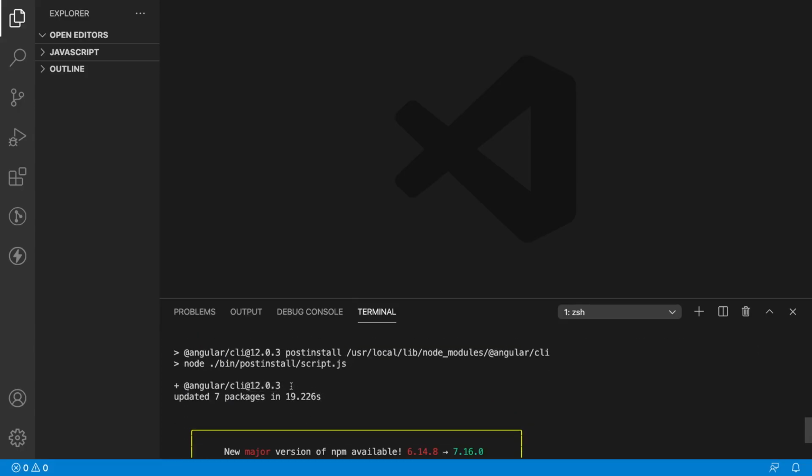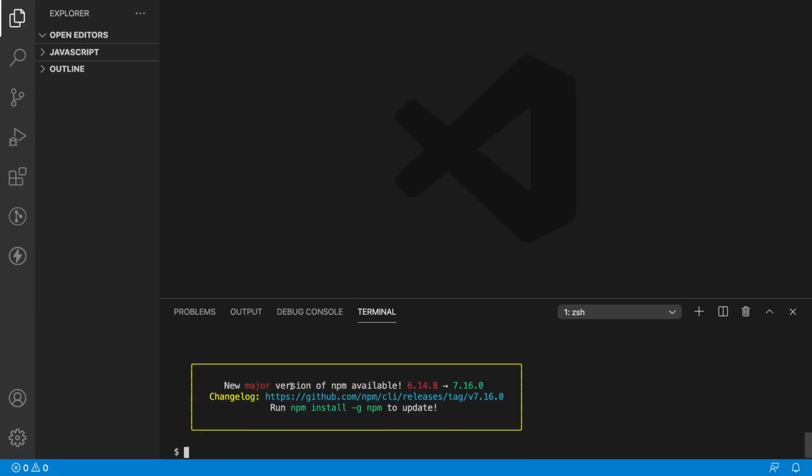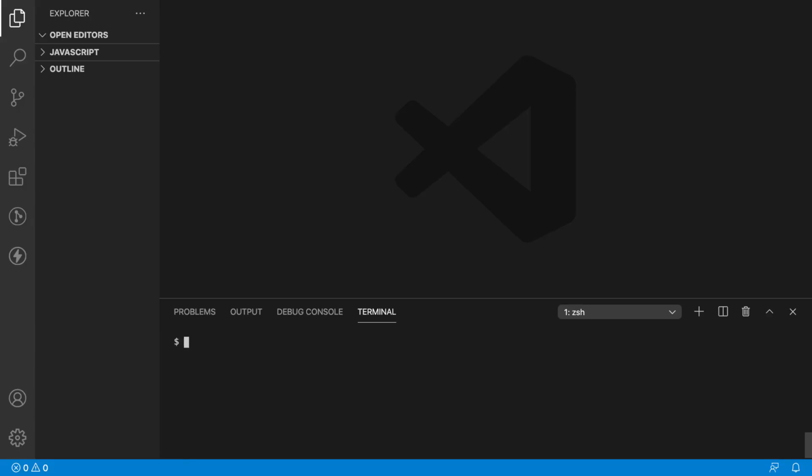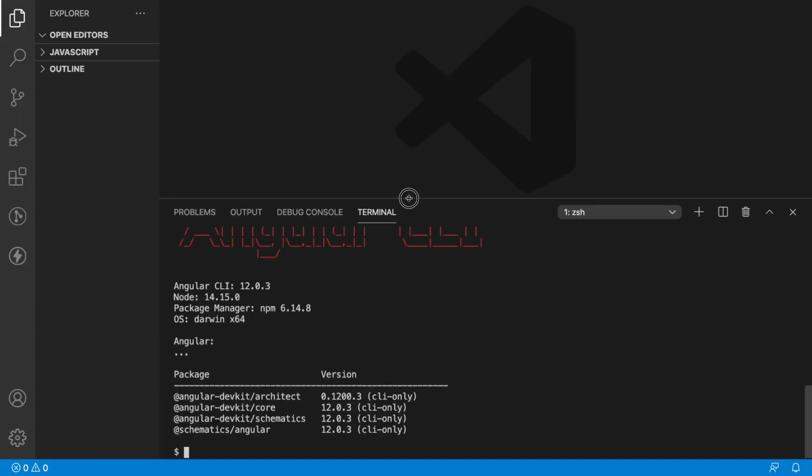Angular 12.0.3. Now let's verify whether Angular is installed successfully or not by using the command ng --version. Hit enter. You can see here Angular CLI version 12.0.3 and Node version 14.15, and the remaining architect, core and schematics. These are the dependencies for Angular, and they have also been installed by using one single command.